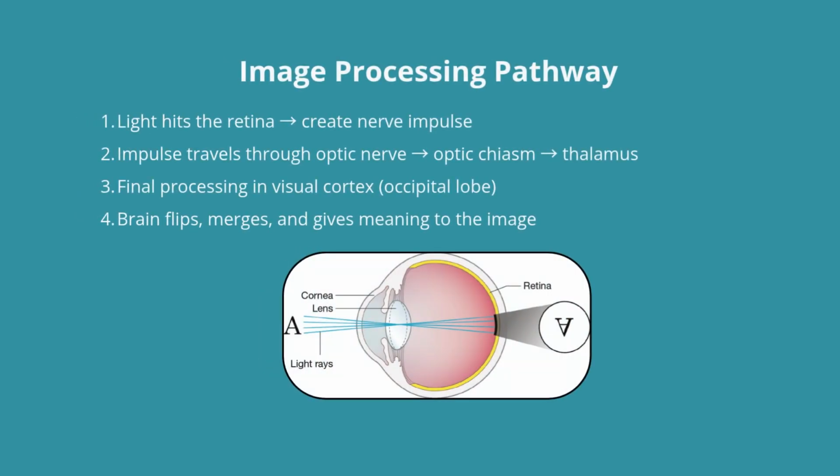Once light hits the retina, these cells generate an electrical signal. That signal travels through the optic nerve to the optic chiasm, then to the thalamus, and finally to the visual cortex in the occipital lobe. There, our brains flip the image right side up, give it depth, and connect it with memory so we can